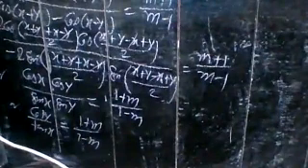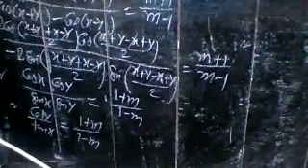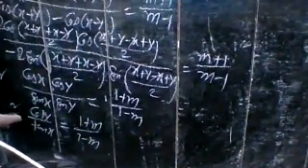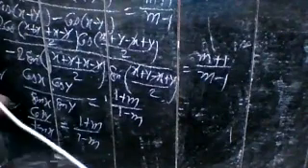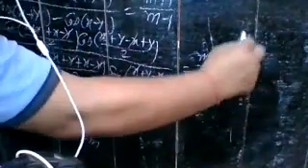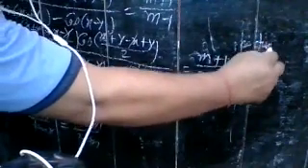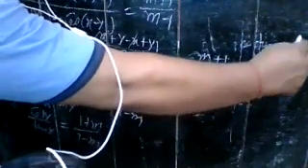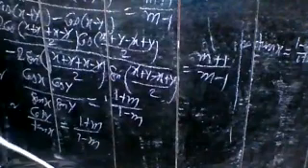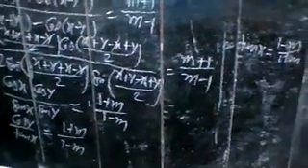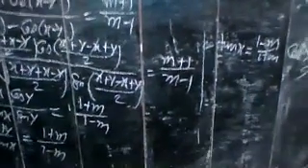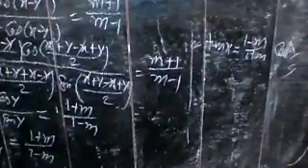Now, taking cross multiplication and finding the value of tan x, you can write tan x is equal to 1 minus m upon 1 plus m into cot of y. So you can write the required result in this way. So write it.